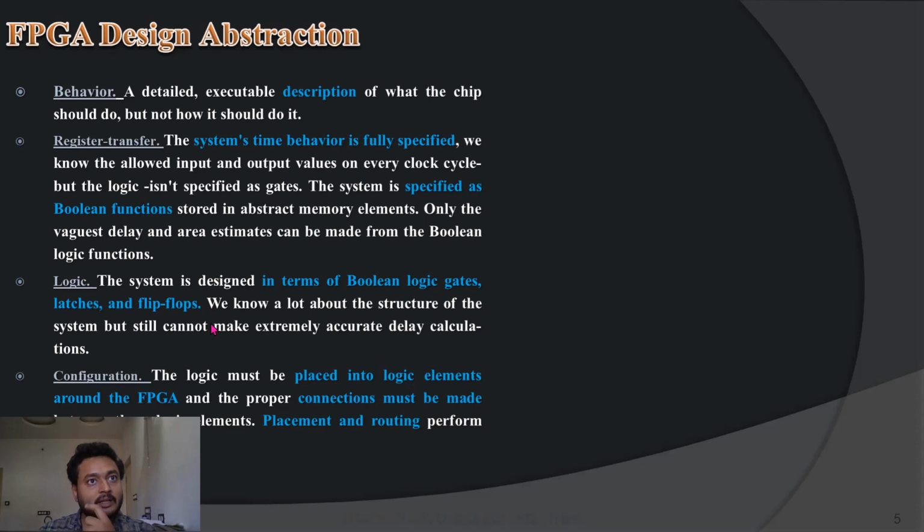Okay, once you have these logic gates, you will go for configuration. Configuration typically means placing whatever logic elements you got at this particular level, and those things will be placed and interconnected. All these placement and routing aspects are identified and present in a configuration file. Then you use this configuration file, the bit file, and that bit file will be loaded onto your FPGA. Okay, so these are the important steps: behavioral, RTL, logic and configuration.